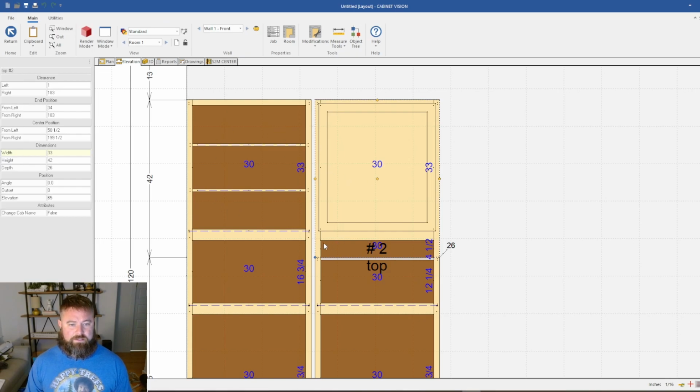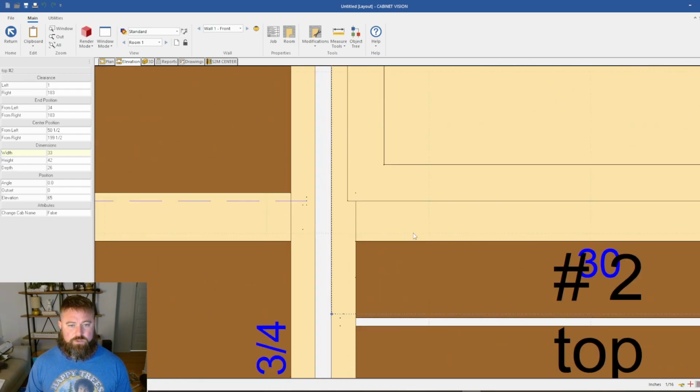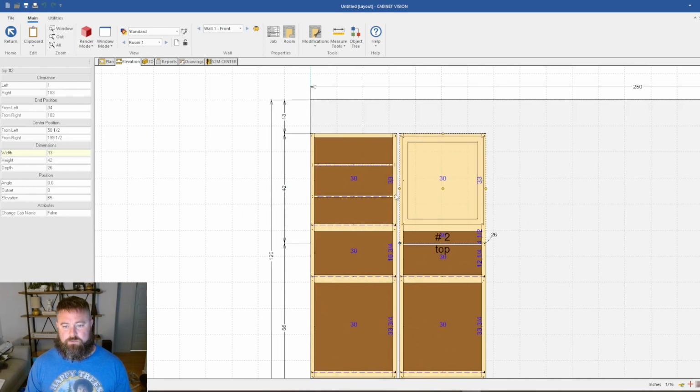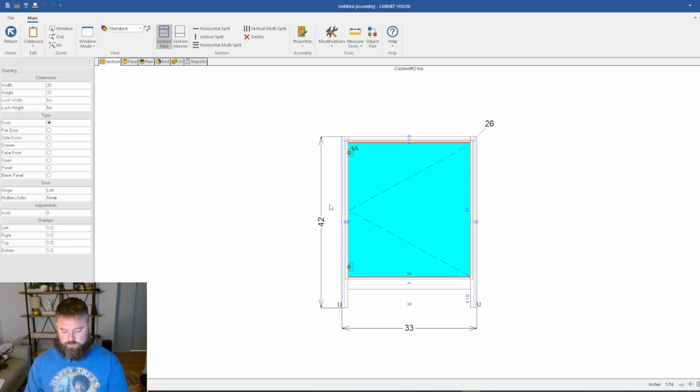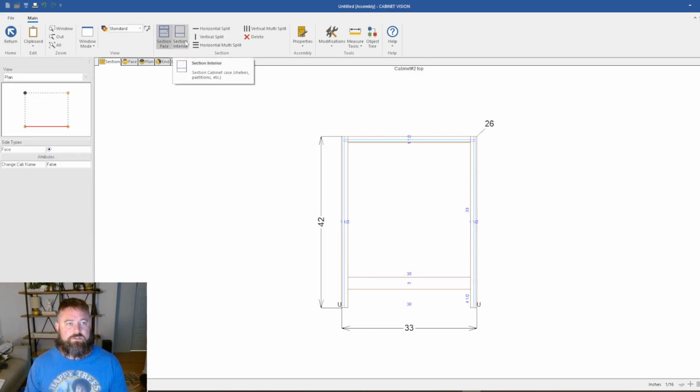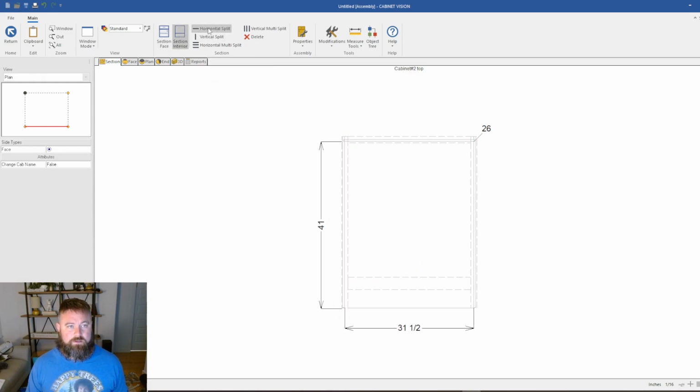There we go. So it's lining up really close. Okay, so obviously we're going to add 2 doors here, but really I'm just going to get rid of the doors for now because we really don't need them. Doors are irrelevant for what we're doing here. So if I go to the interior, I'm going to click and drag,